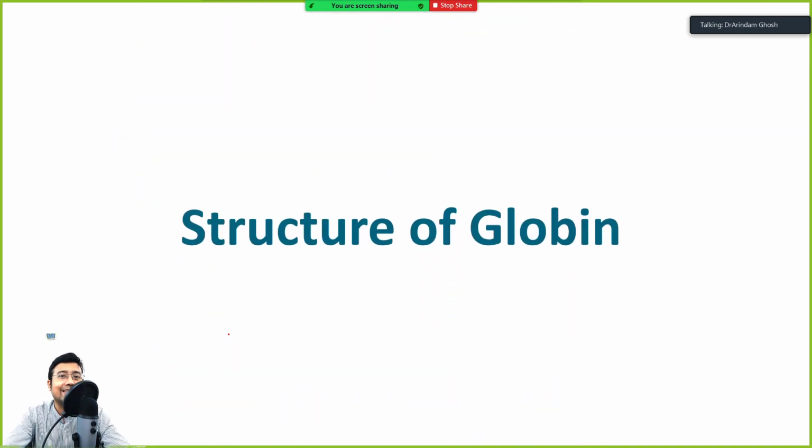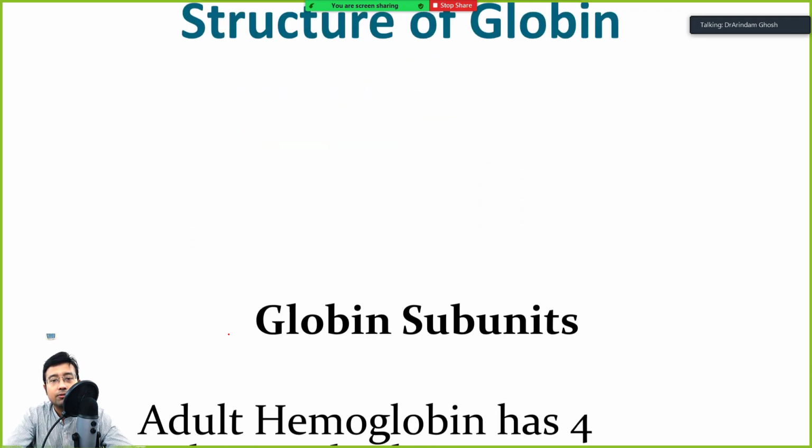So that was all about heme, okay? That covers the entire previous day's lecture and the small part regarding iron deficiency anemia. Remember, I'll be discussing the same thing in much more detail when I teach iron, whether in a live class or in an uploaded video. I already have iron metabolism and all mineral metabolism videos on my channel, so you can have a look if you have time. Anyway, now we are moving to the structure of globin. Hemoglobin is heme plus globin, right? Heme we are done with. Now we are moving to globin. We'll be proceeding very slowly, so just follow along.